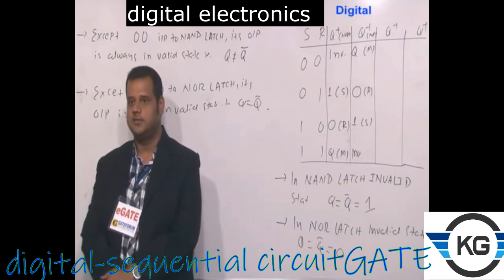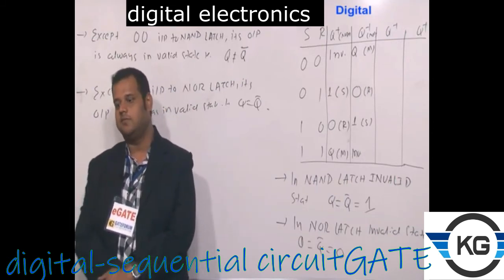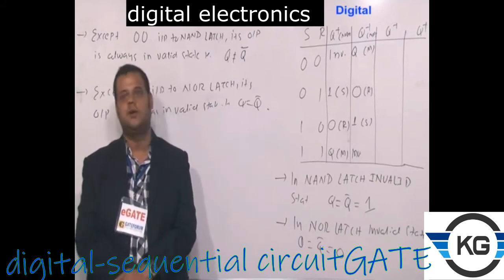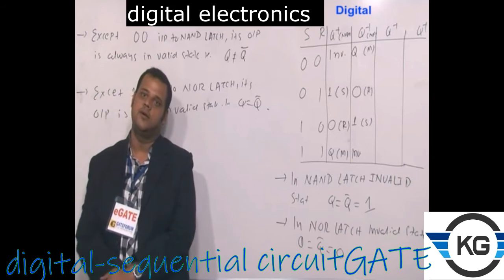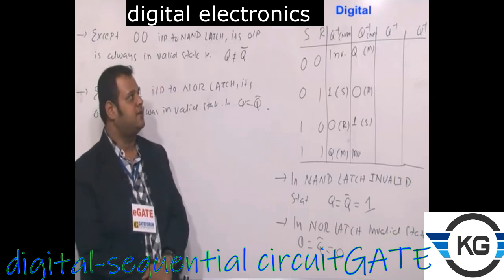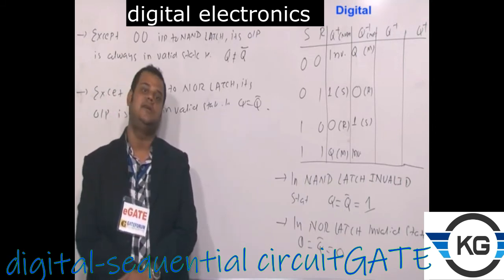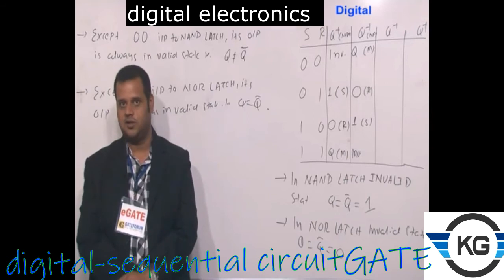You are going to design a system where, if you give some particular code, that will be converted into some other code. Let's say you are giving binary, that will be converted to gray. If you are giving gray, that will be converted to binary. If you refer to the previous things, I have already given you how binary is converted to gray, gray to binary. Similarly, you can have BCD to XS3 code converter, XS3 to BCD code converter.